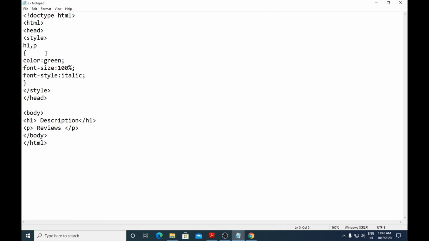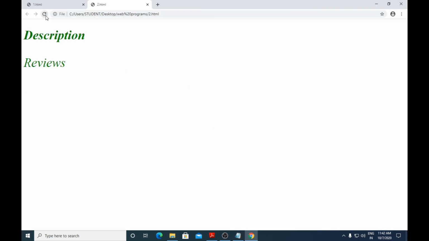So it has applied to both of them. The size is too small, let me make it bigger. I'll give it as 300. Control S. So this is how you can group the HTML elements together, and then you can style them by using the group selector.